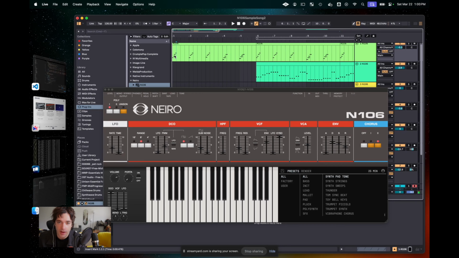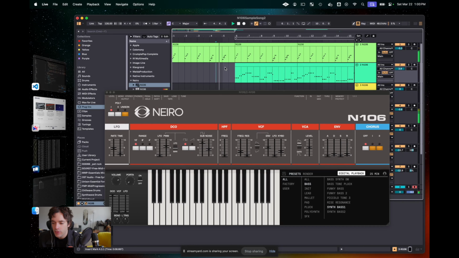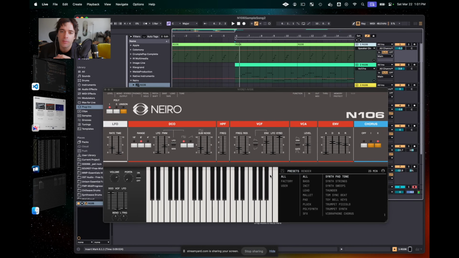This init patch is actually pretty good. I think it's what I want to go with. I do want a little longer release, kind of have the notes bleed over into the next phrase. Cool. Alright, I'm going to make one more change, and I'm going to make a parameter automation for the VCF